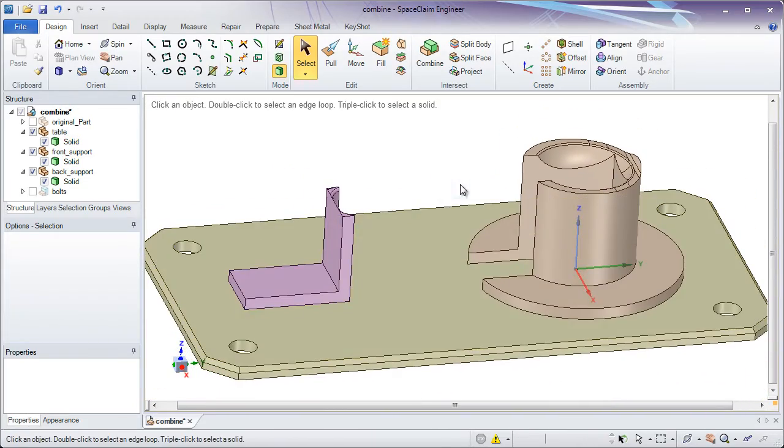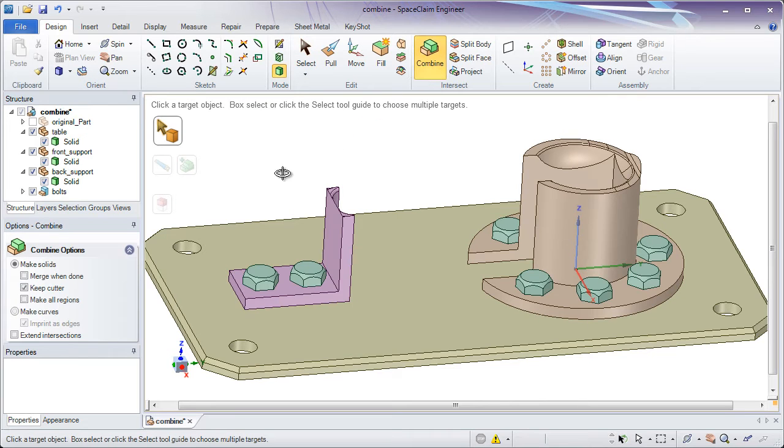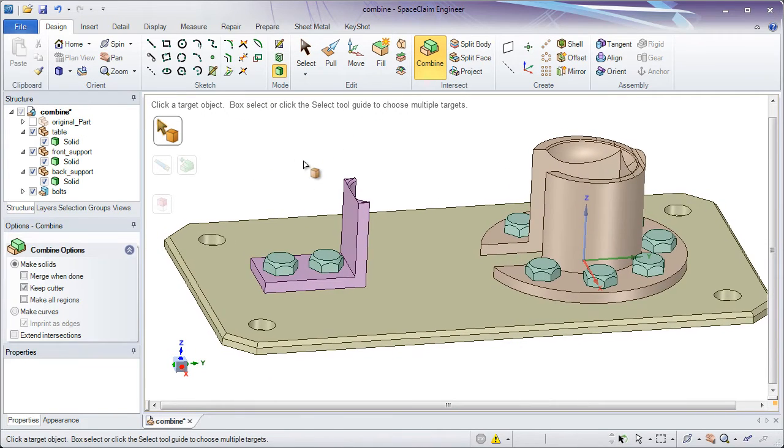So one more operation while we're in the Combine tool is to speed things up with box select. I've included in this part some bolts. If I go to the Combine tool, I can cut with these bolts and cut all of these pieces at the same time. But remember, I can choose this by choosing a target like this purple piece. But if I want to choose to cut the bottom plate